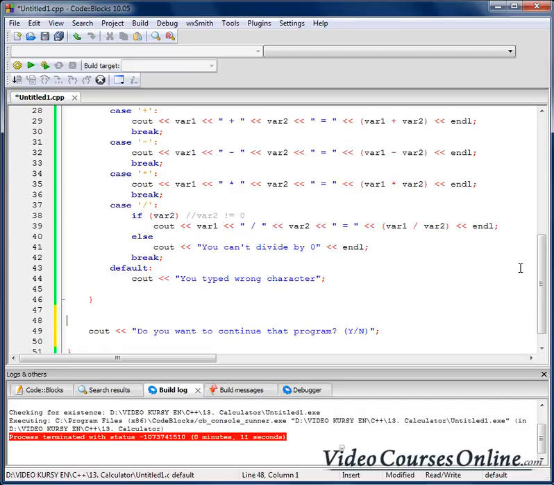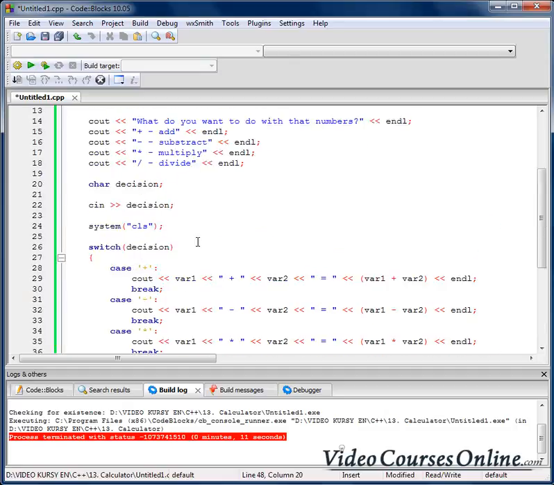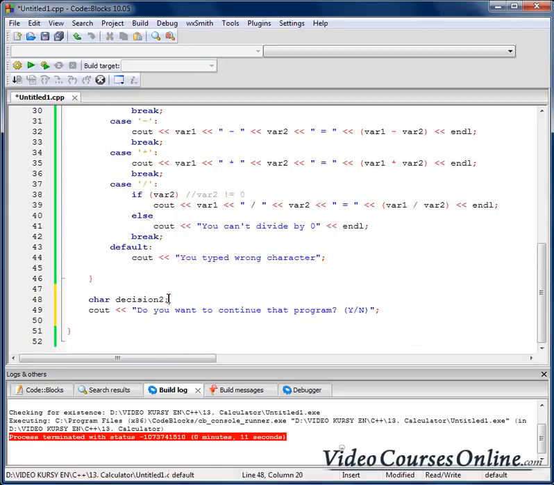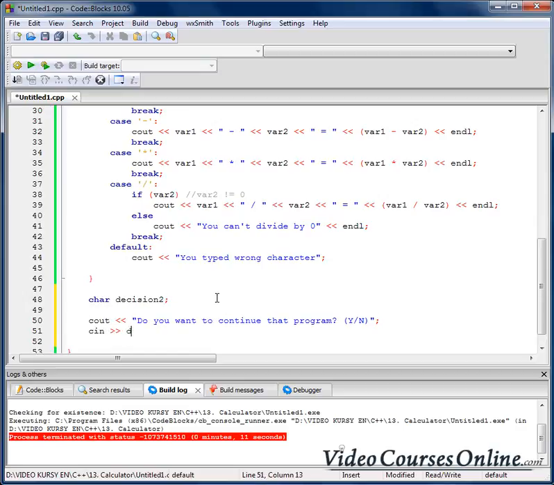And let's create character decision 2 here, or we can use that one here also, but let's create another one and let's take it here, cin the decision 2,